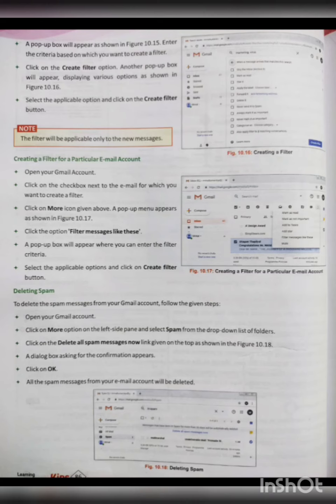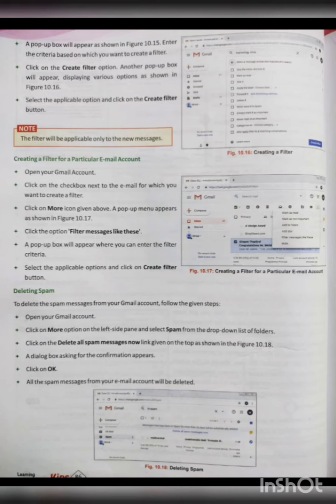Next we have to click on the filter messages like this option. After clicking on the filter messages like this option, a pop-up box will appear where we can enter the filter criteria. After entering the filter criteria, we have to click on the create filter button and the filter will be created.